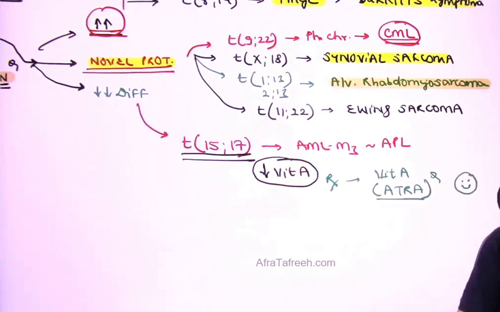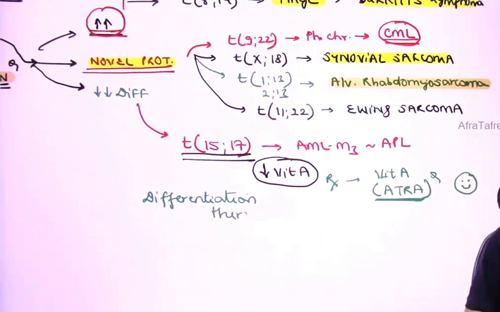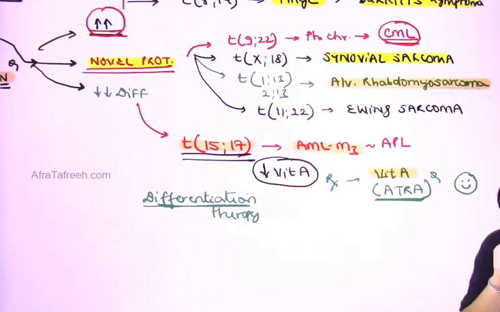So ATRA therapy is what, as our books make a mention of the fact, is the first and the important classical example of differentiation therapy. The name tells you everything, friends. Once you give this molecule as a therapy, cells are able to differentiate properly. So ATRA therapy is an example of differentiation therapy. Where do we use it? We use it for the treatment of a patient who is having AML-M3. And we also need to understand that AML-M3 is associated with which translocation? 15;17. Be familiar with the fact for an add-on point.